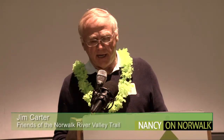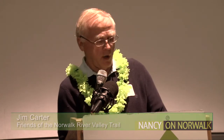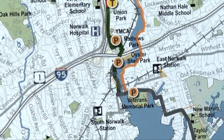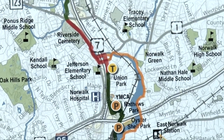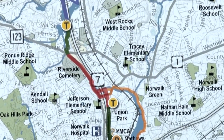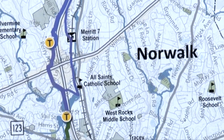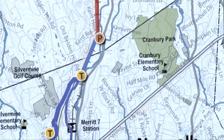It's really a pretty exciting time for trails in Norwalk, and we're really finally getting the ball rolling again. There's actually two trails in Norwalk, the Norwalk River Valley Trail and the Harbor Loop Trail, and the visions for all our trails are the same. It is to help get people off the streets, to give them a safe opportunity for biking and jogging and walking on firm surface trails,